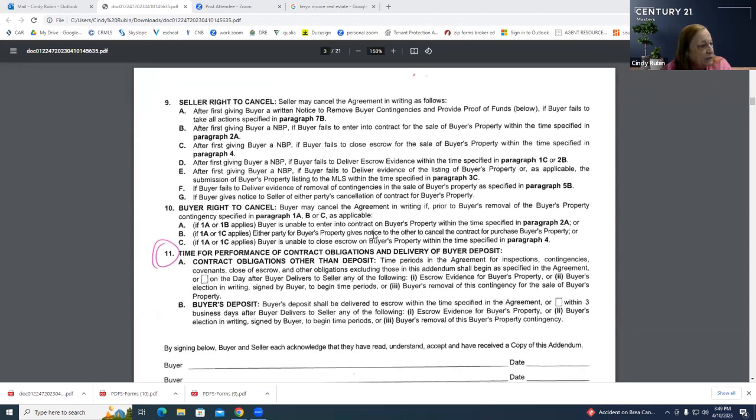Okay. Seller right to cancel and buyer right to cancel. This is all stuff you already know. The seller can cancel if the buyer has a duty and they give a notice to perform and they don't do it, then they can cancel. You know, it's all the different duties of buyer. They have to give a notice to perform before they can cancel, and